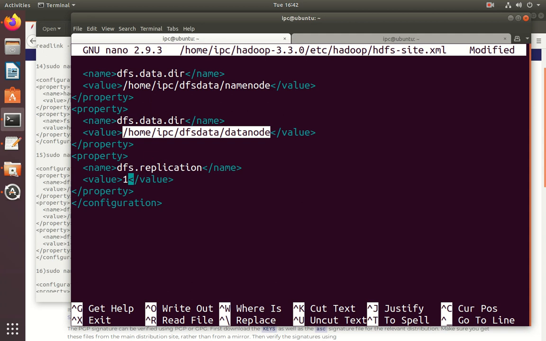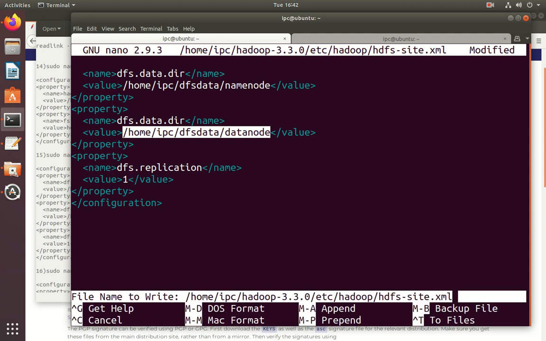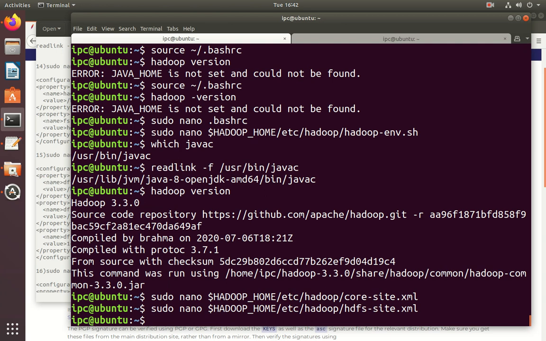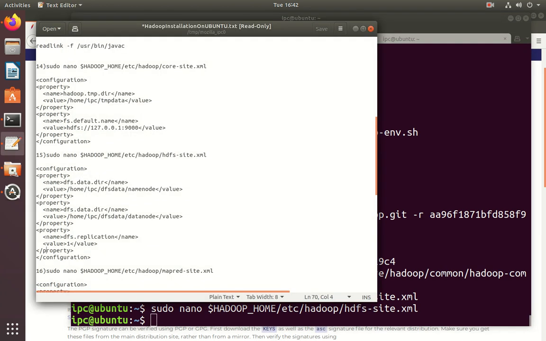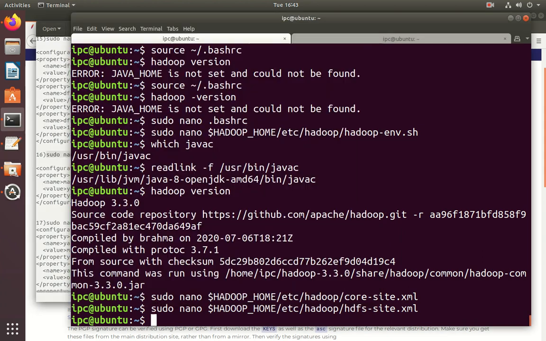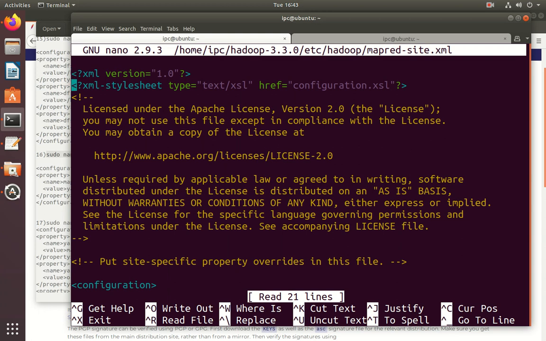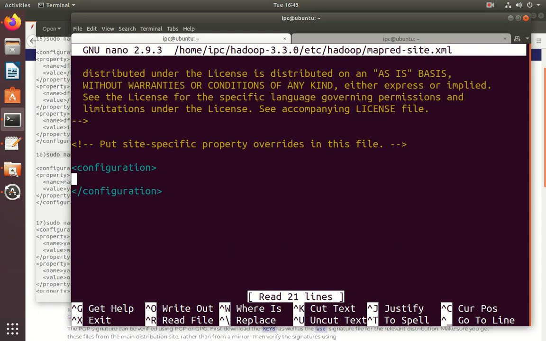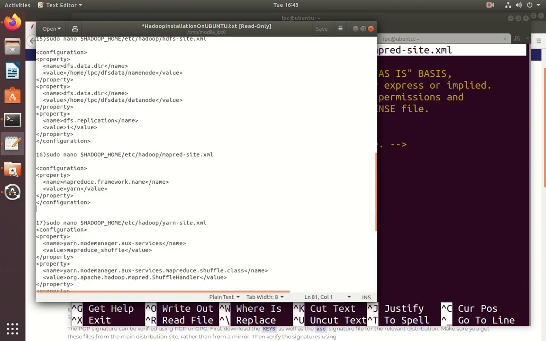Okay. And next, come out of this configuration file. And next, go for another configuration file. See, hdfs is over, and next one is the mapred-site.xml file. See, in this mapred-site.xml file, use the following configuration values.